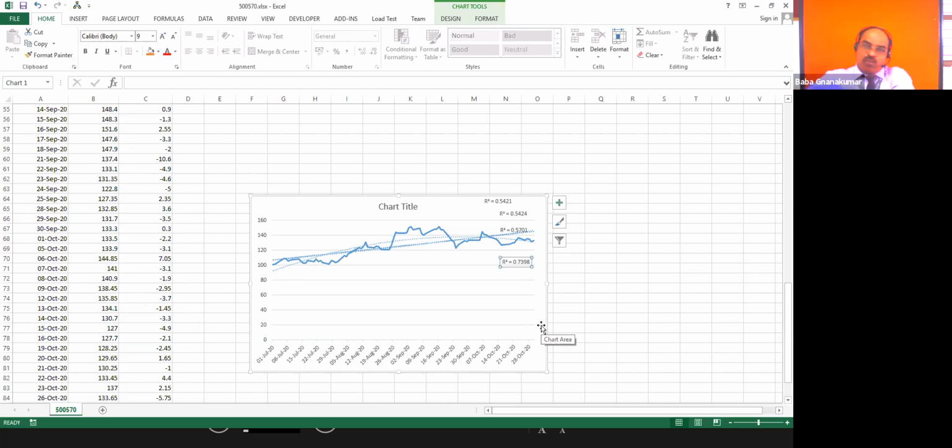If it is a linear one, what will you say? Good. Here you will get some profit, at least 4%, 5% per day. If it is an exponential one, and in exponential itself it comes 0.7, what will this man take? Definitely invest. He will inform his client about the Tata Motors, and immediately this man will invest. Today itself we can invest 5 lakh rupees immediately because it is in an exponential trend. But if it is in a linear trend, it is somewhat lower. Lower in the sense that you will get profit, you will not lose your money.